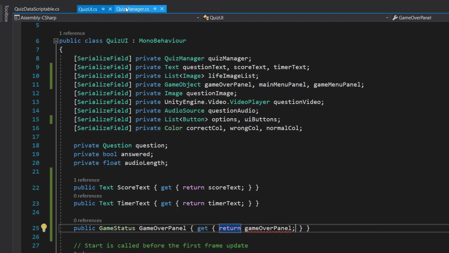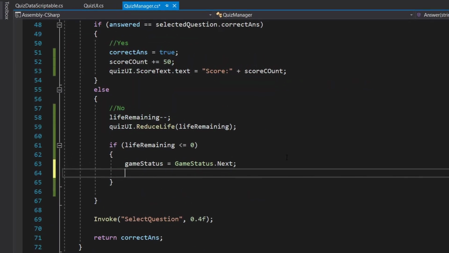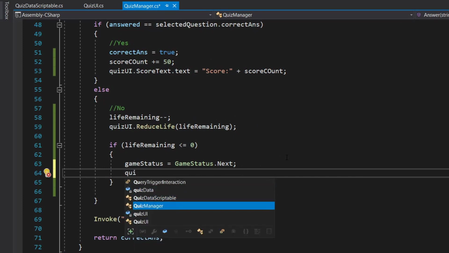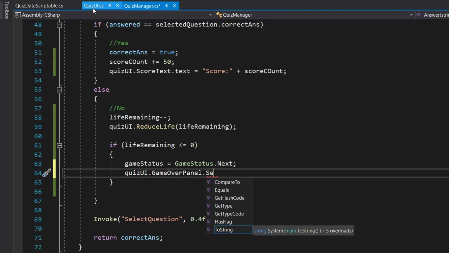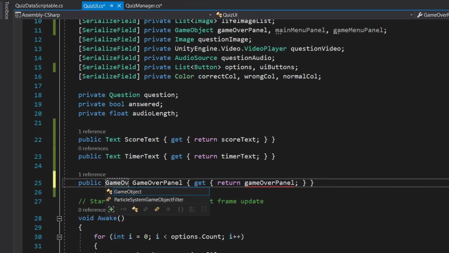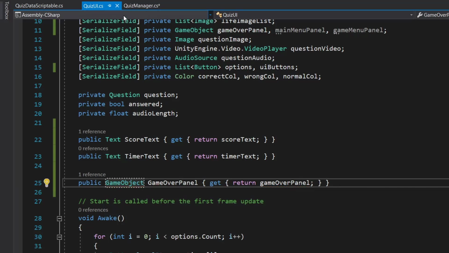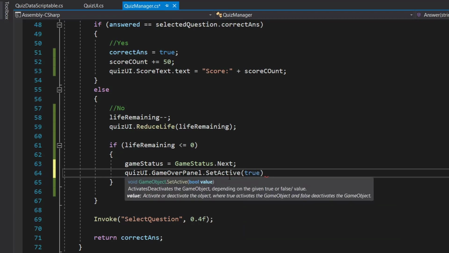Now we'll set our game status to next, and our quiz UI dot game over panel dot set active. One thing, it is not game status, it is game object. So set active to true.